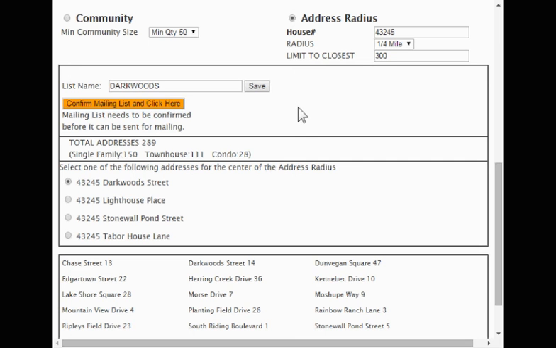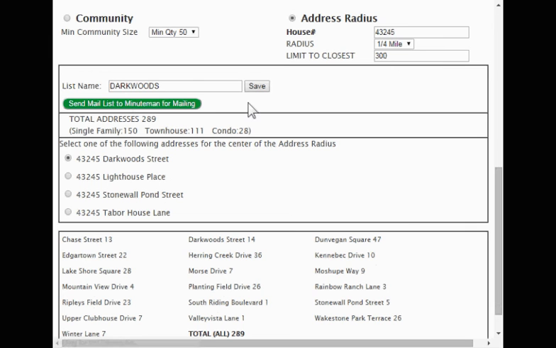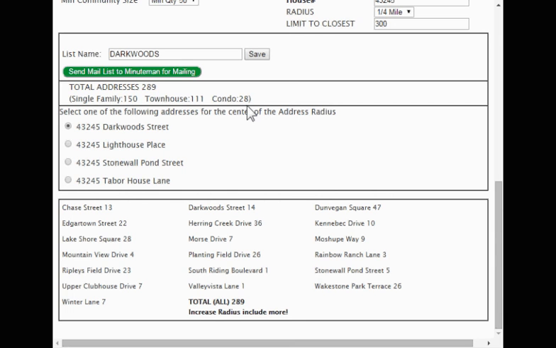Now the system is trying to get us to confirm this, so it says confirm mailing list and click here. That's because we don't want to just send it off to the printer and then you say, no, that's not exactly what I want. So we enter a confirmation process. You click here. It's now been confirmed, and we can sit here and play with it a little bit and adjust it as we want to, but we don't need to. So now we can click on send list to the printer,